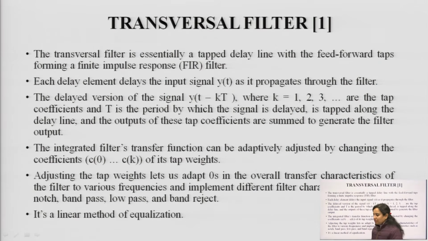Now, next one is the transversal filter. This is essentially a tapped delay line with feed forward taps, forming a finite impulse response filter. Each delay element delays the input signal as it propagates through the filter. So, that is the transversal filter response. The delayed version of the signal is given by this particular formula, y t minus k